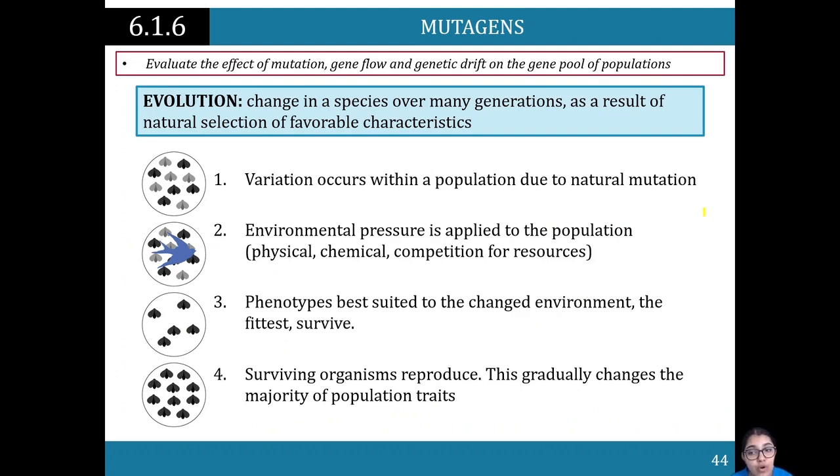Evolution, overall, remember, is the change in a species over many generations. It results from natural selection of favorable characteristics. And remember why we link this back to evolution? It's because we're talking about mutations, how it leads to genetic diversity, and how it can then lead to these specific processes. Remember, variation occurs within a population, and natural selection acts on it. Environmental pressure is applied to a population, and phenotypes best suited to the changed environment will survive,